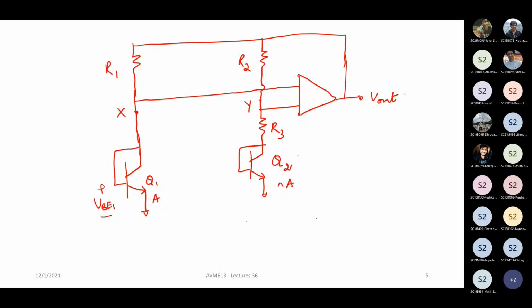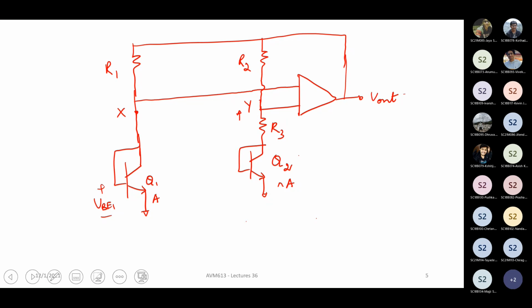It's a little tricky to work out this feedback loop. Now, let us just say that this Y node increases with temperature. As temperature drifts, let us say this Y node increases. Now, if your Y node increases, you need to bring it back. So let us say this Y node is increasing. Okay. Now, what should happen?